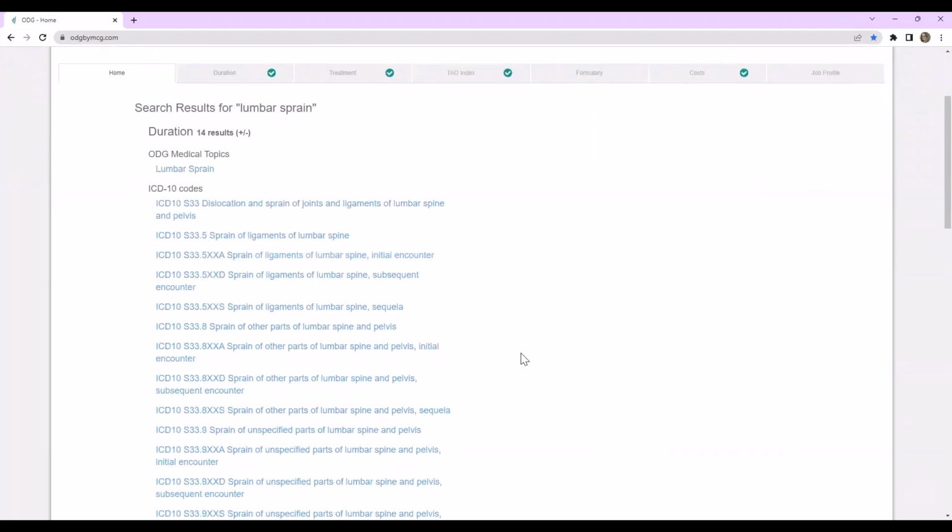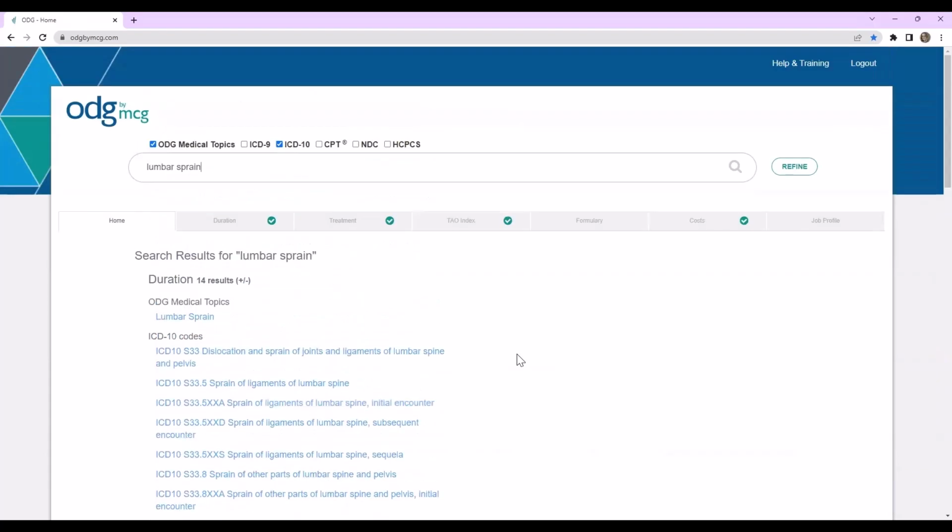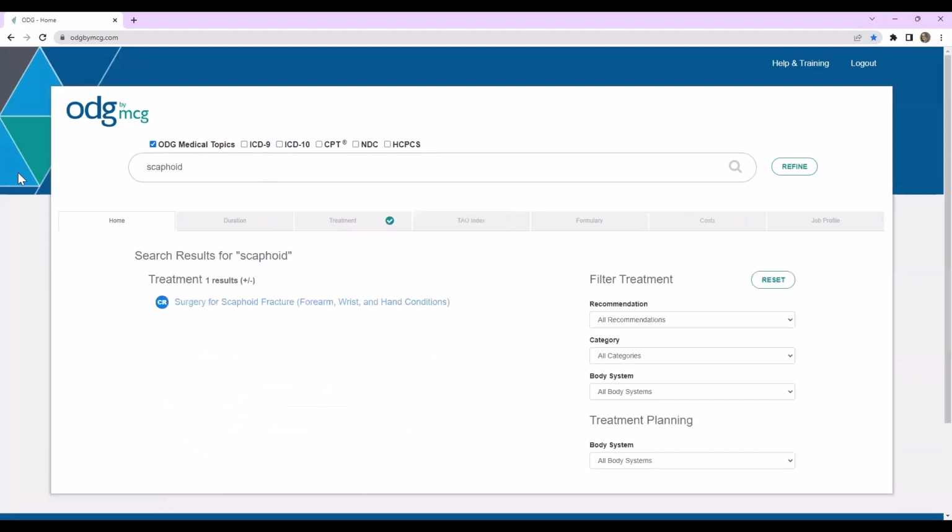diagnosis, like lumbar sprain. That being said, sometimes you may want to expand your search to see more results, especially if the medical topic search isn't cutting it. One example I heard recently was scaphoid fracture. When a nurse case manager searched for this topic, she only saw results for treatment, but what she needed was return to work guidelines. That's when you can try checking the box for ICD-10